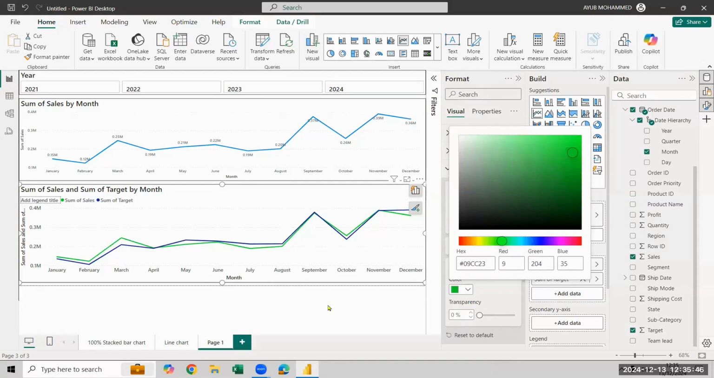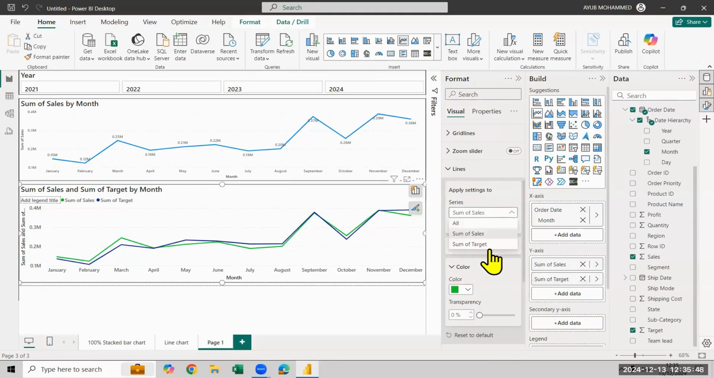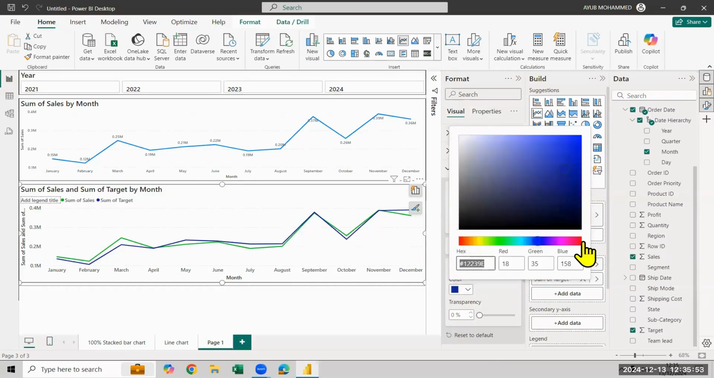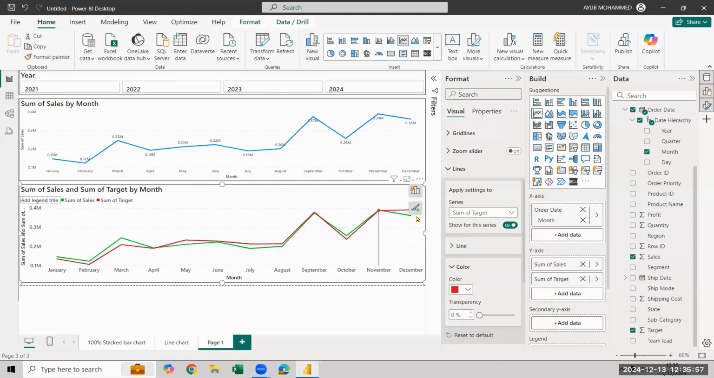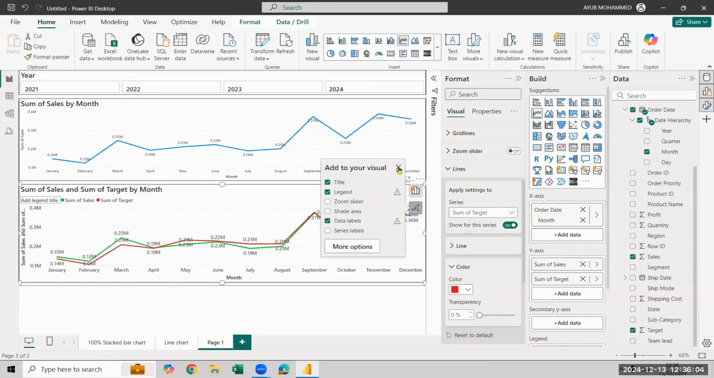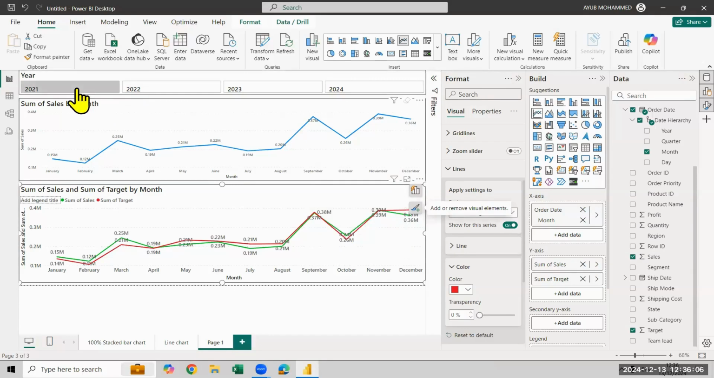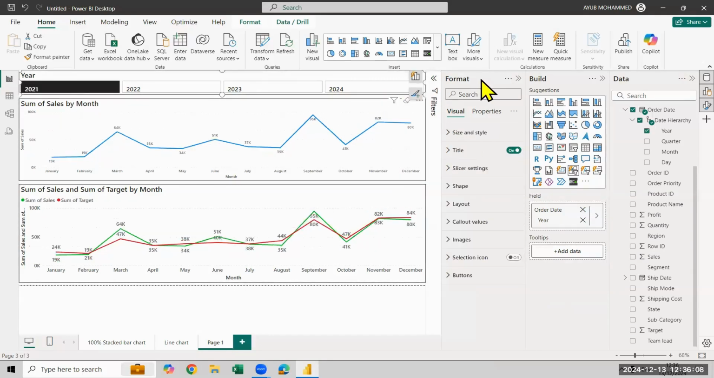So this is my achievement. And for sum of target, I want to keep red. So I'm just keeping the red color. Now let's see how it is representing. I'll just add the data labels also. Perfect. Now if I select 2021 and see here,